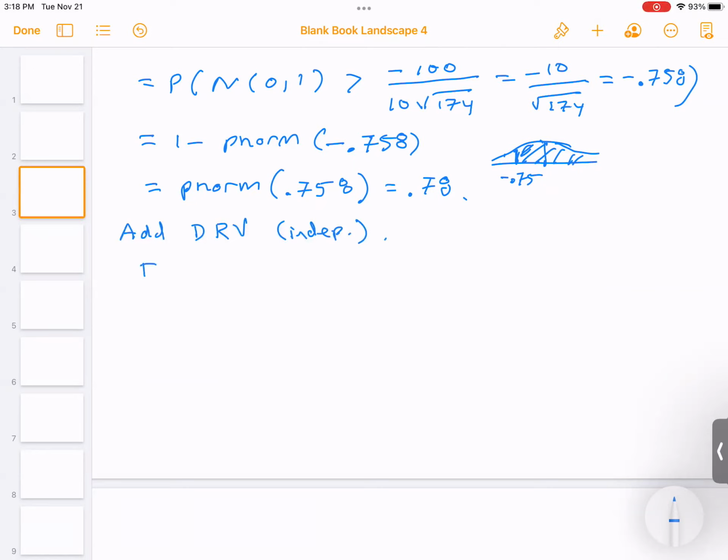This is a nice fact too, so we're going to write this down. Suppose X is Poisson lambda 1, Y Poisson lambda 2, independent. Then X plus Y